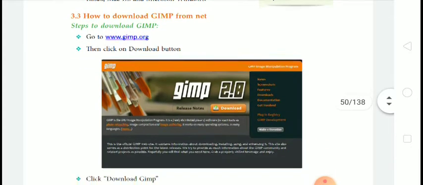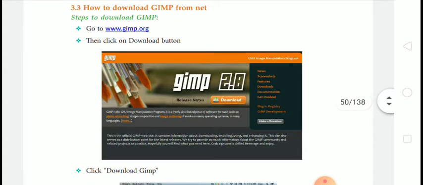Then next point is how to download GIMP from the net. Steps to download GIMP. Go to www.gimp.org, then click on the download button.